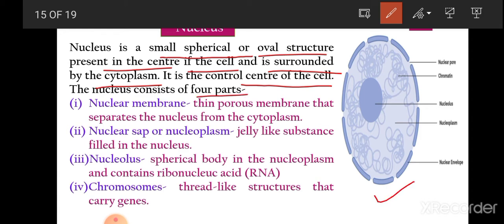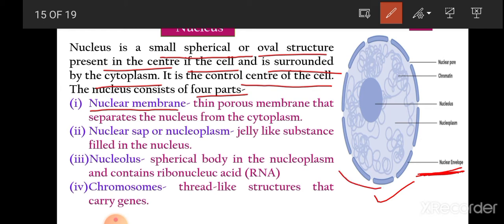You can see this is the diagram of a nucleus, and it has four parts. The first one is the nuclear membrane. As you can see here, this is the nuclear membrane, which is written as nuclear envelope. This is a thin porous membrane that separates the nucleus from the cytoplasm, because if this is a nucleus, this nucleus is present in the cell. So this nuclear envelope or nuclear membrane separates the nucleus from the cytoplasm,